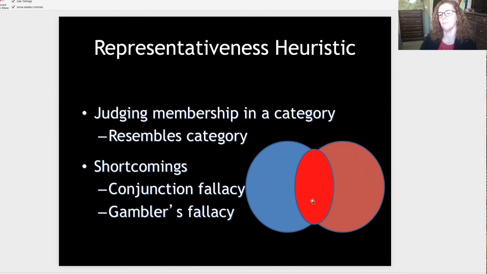Okay, so just based on pure estimates of statistics, we know that this is going to be a better bet than betting on this smaller category. But we don't do that automatically. We automatically use the representativeness heuristic. So that's the conjunction fallacy. And then it's also important to note that,